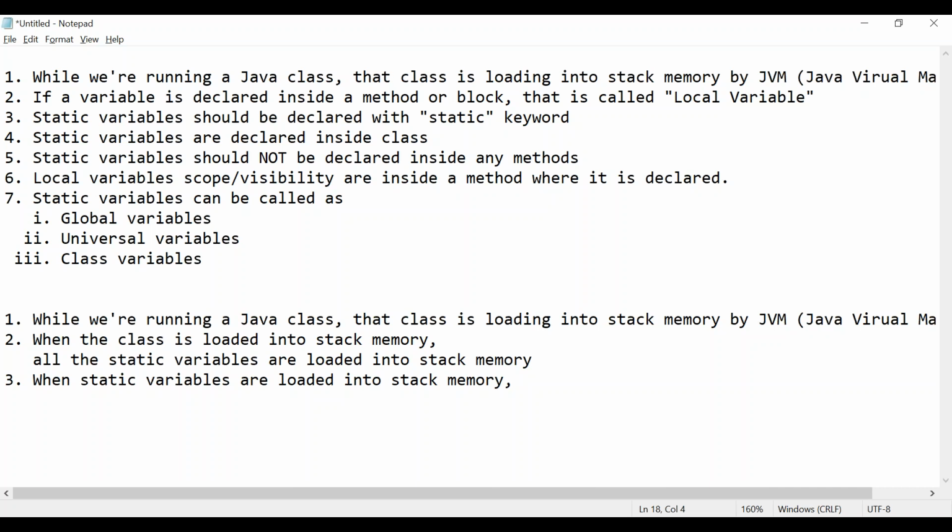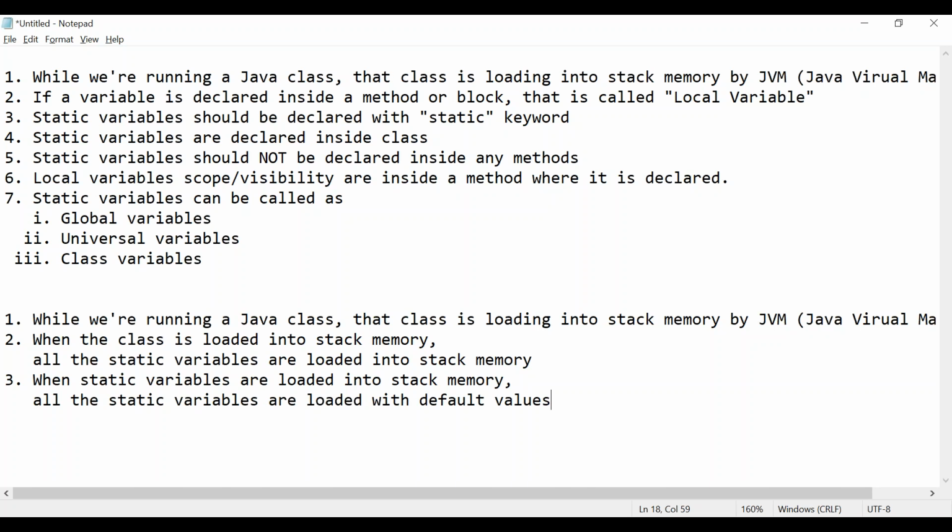All the static variables are loaded with default values. When the static variables are loaded into stack memory, all the static variables are loaded with default values.